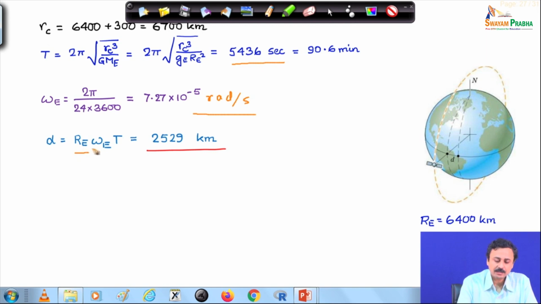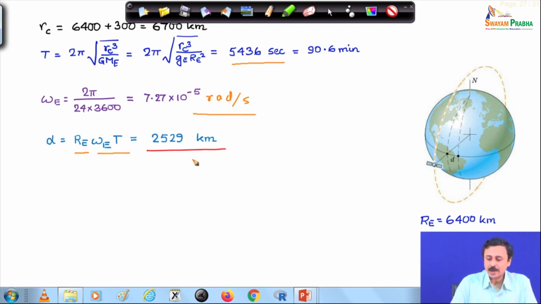Therefore, radius of the earth times this angular displacement of the earth in this one period of the satellite turns out to be 2529 kilometer. Therefore, for this satellite when it comes back next at the same point, it will see a point which is separated by 2529 kilometer